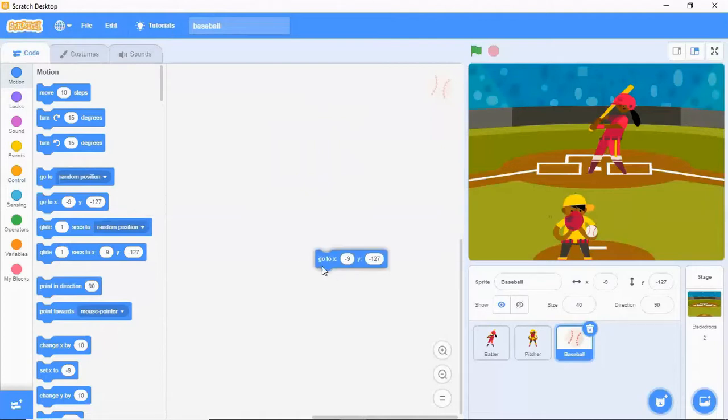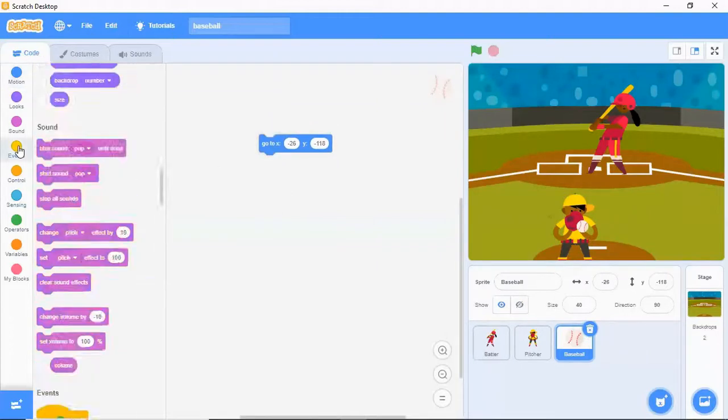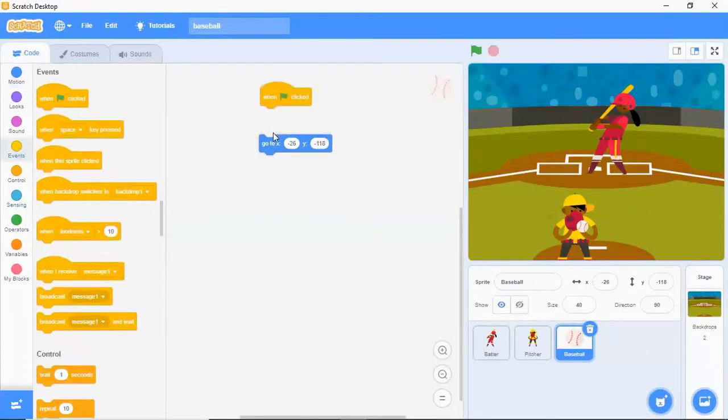Go to, just here. When I move the ball on the stage, automatically these numbers change. So whatever numbers you see here, you'll see the same numbers here. This is the starting position of the ball. So I'll take this, go to. Then event, when it should happen, when flag clicked. So I'll join both the blocks.